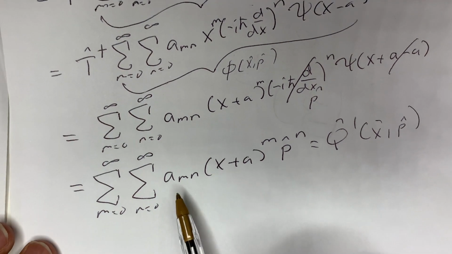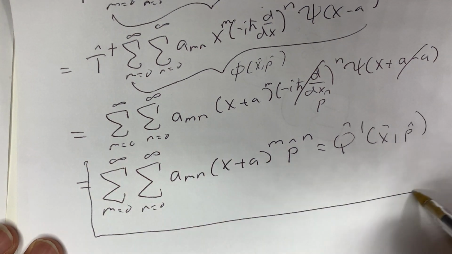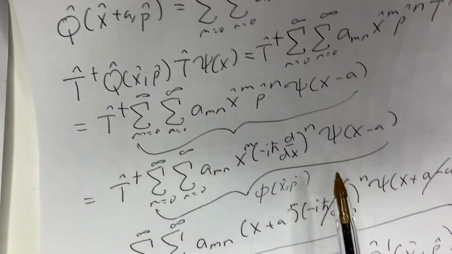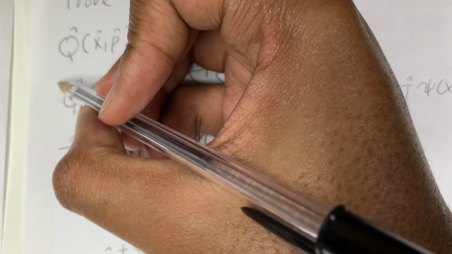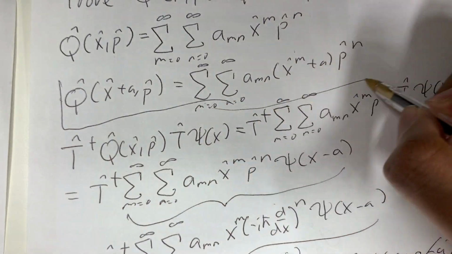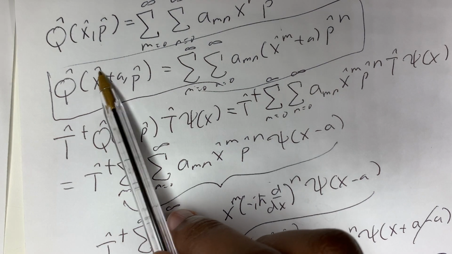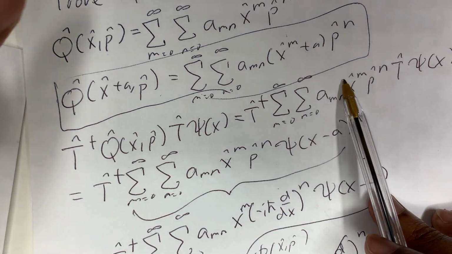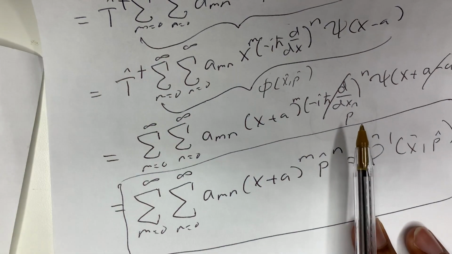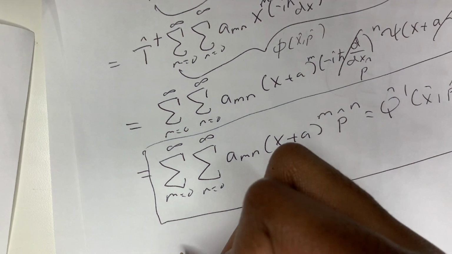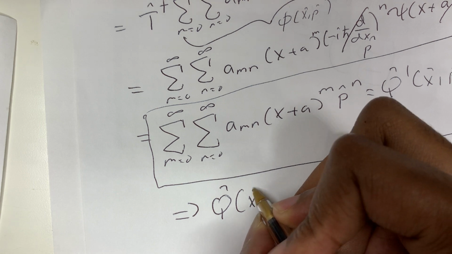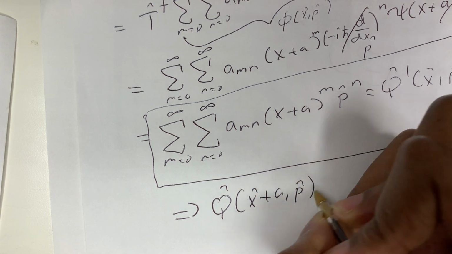Okay? And if you pay close attention, this is literally just equal to this, right? This is just q hat of x plus a, p, and that's the same thing that we have here, which implies that q hat of x hat plus a, p hat equals